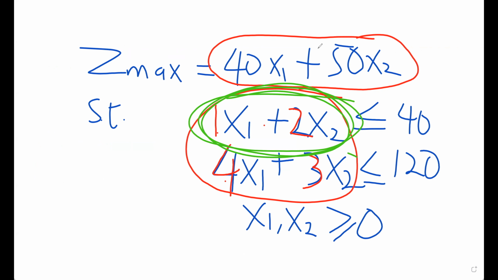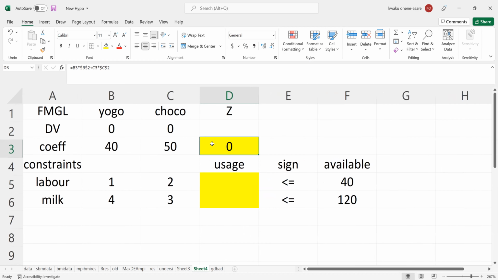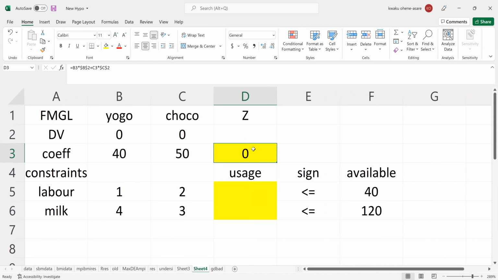And this other one too is also having x1 and x2. So instead of retyping all of this one by one, what you can do is to commandeer Excel using this dollar symbol and tell Excel that if I copy what is in this Z, remember this is the Z formula, that's the Z formula. So please copy that, Control C to copy, and I come and dump it here